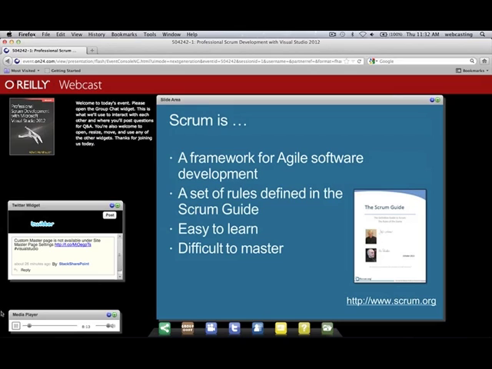It is quite difficult to master, only because it's a lot like exercising. Hey, I can explain to you how to do push-ups and pull-ups and sit-ups. They're easy to explain. Now do them every day for the rest of your life. So that's the analogy. It's a discipline you have to get into with Agile and certainly Scrum, and continue to do it as a team, on and on.